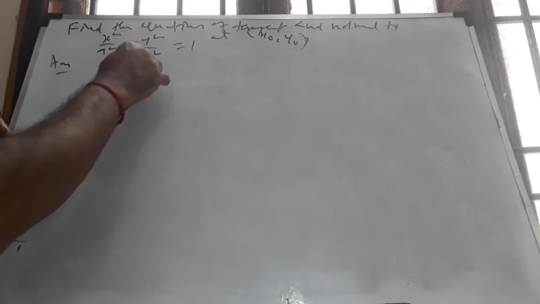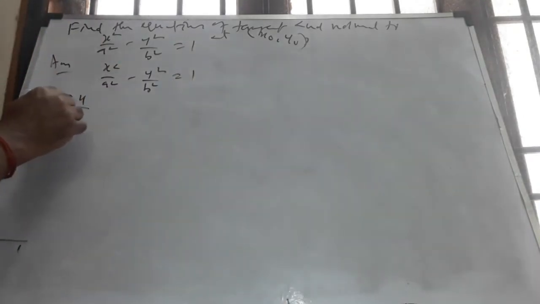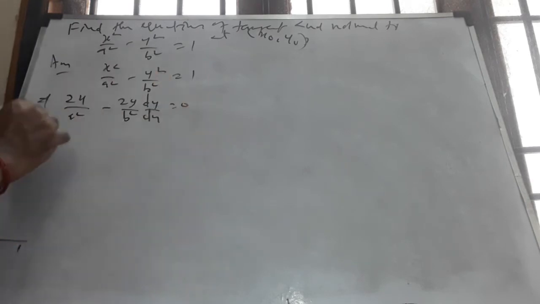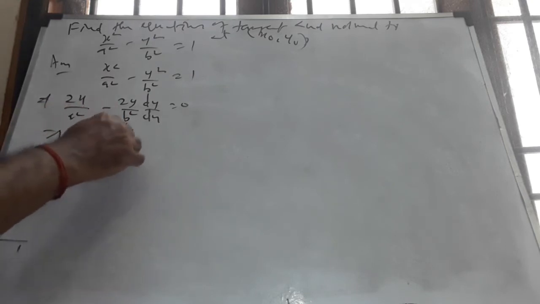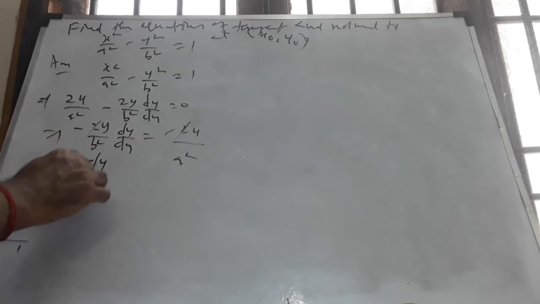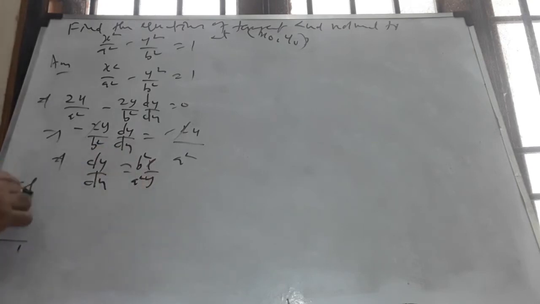x square by a square minus y square by b square equals 1. Now differentiate. I am not going to write, I am going to differentiate directly. Which implies 2x by a square minus 2y by b square dy by dx is equal to 0, which implies minus 2y by b square dy by dx is equal to minus 2x by a square. 2 gets cancelled, which will imply dy by dx is equal to b square x by a square y. Now the slope of the tangent